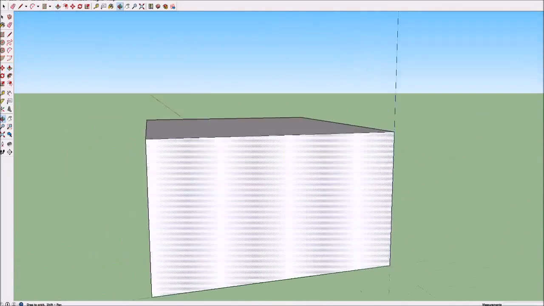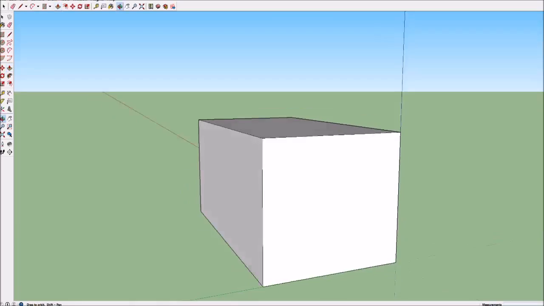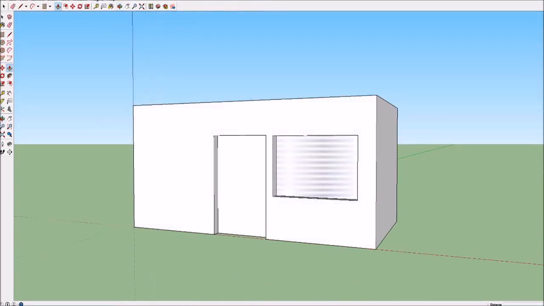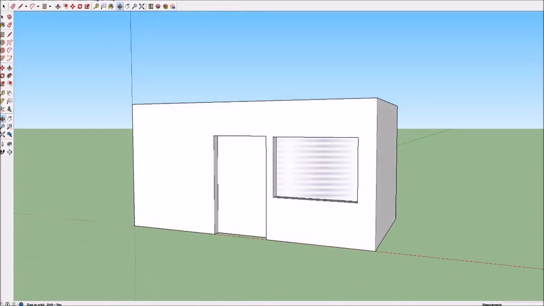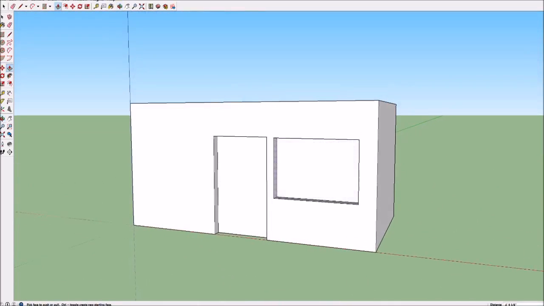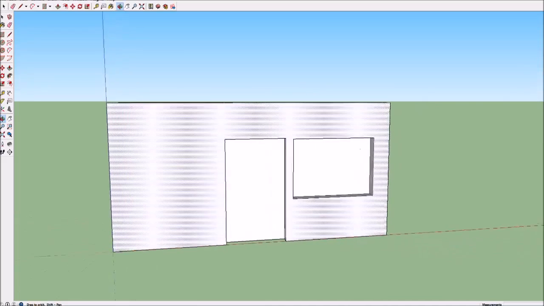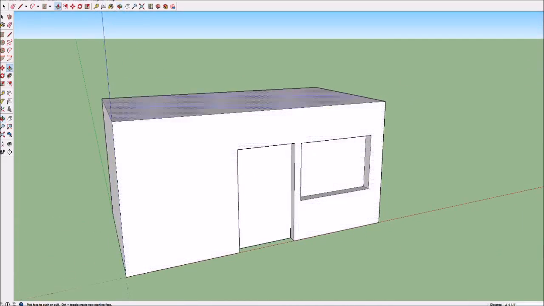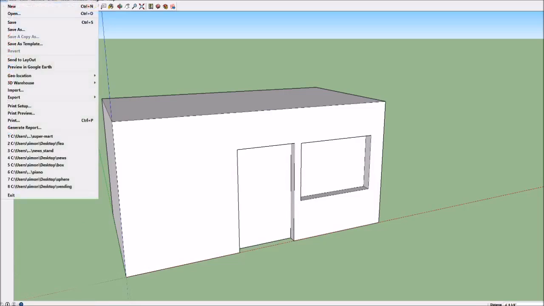So, basic building, very, very basic, which I've just done with no knowledge. You can probably do this, in fact you can, because it's so easy. And this is an important step. So we've got our model. You'll probably want to make something more complex than that. But now, when you're done with your model and you're happy with whatever you're making, you want to go to Save As,